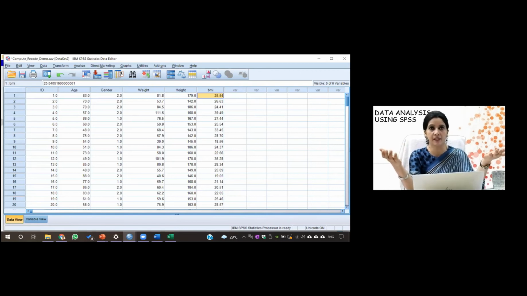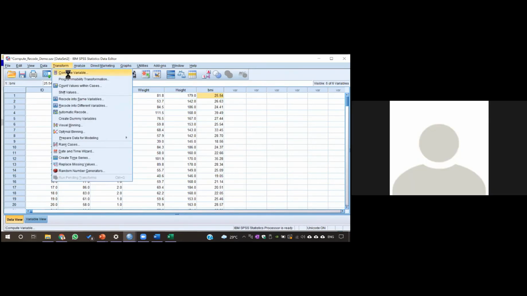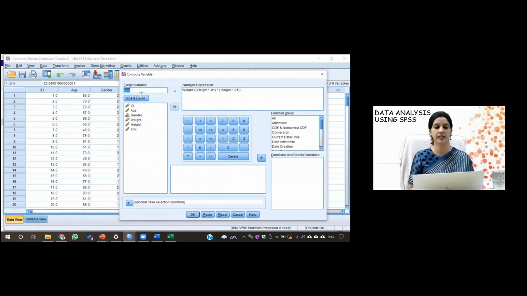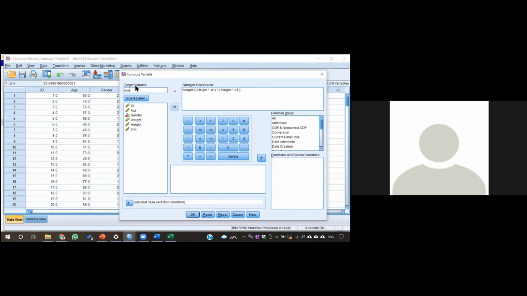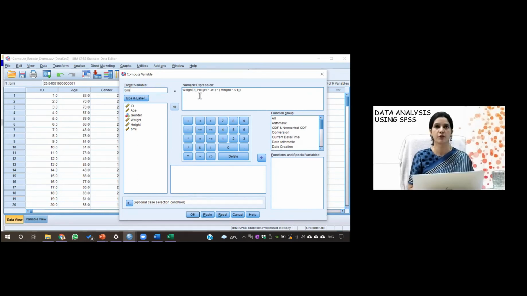I'll again repeat this, but right now, since you have asked, I have gone to Transform and Compute. Then there is a target variable. Because I have to calculate the BMI, I have written this BMI here. That is the target variable. Here the numeric expression, because you know that the formula of BMI is weight divided by height in meter square.